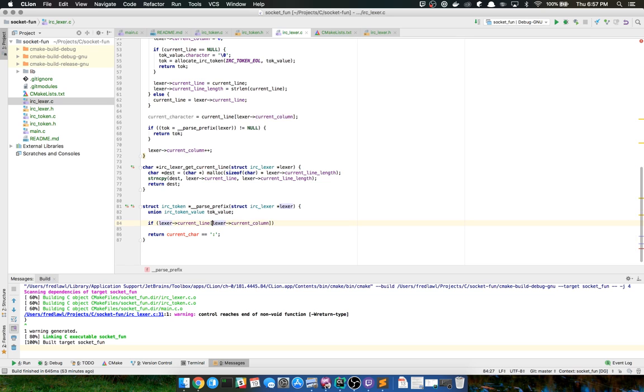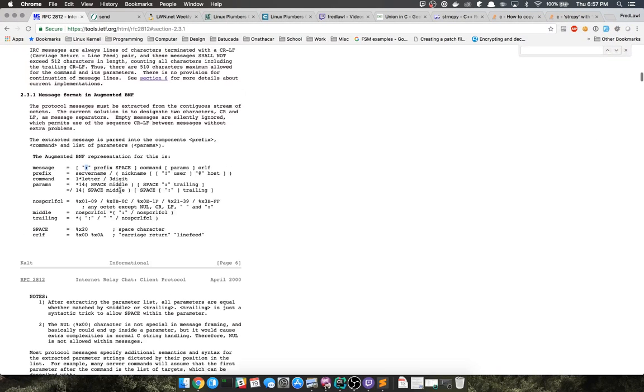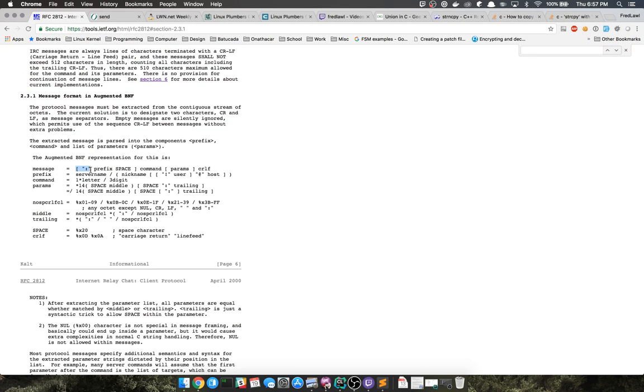What I should do is say if it's position 0 equal to that colon, because according to our spec here, it will always start with a colon followed by the prefix and a space.